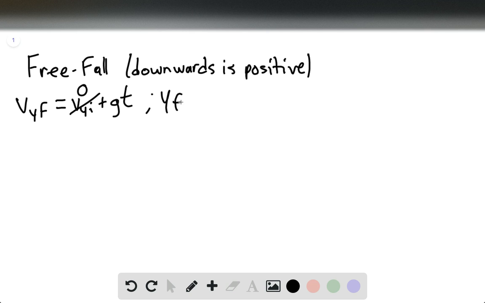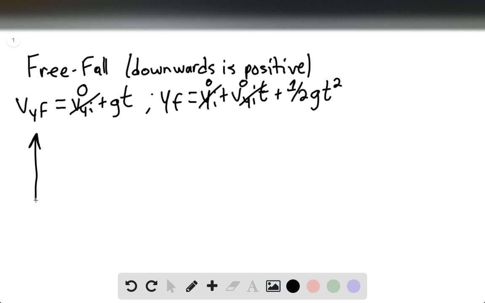Y final is going to be equal to Y initial plus Vy initial t plus 1/2 of gt squared. This is going to be equal to 0, and this is going to be equal to 0. So we simply have half of gt squared. So if we were to graph this,